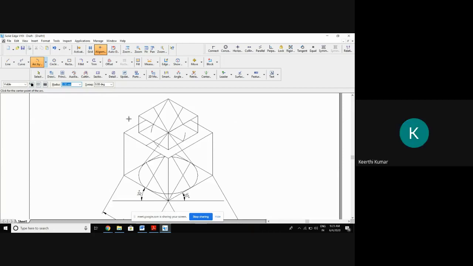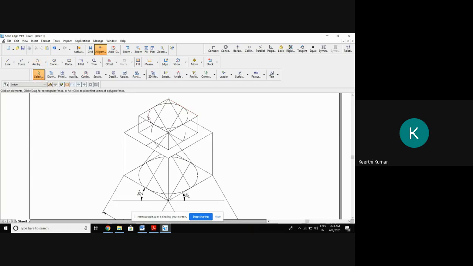Everything should be thin. That also remember. Then from here to here, I'll cut an arc. Same procedure, what we did earlier. You cut an arc till here to here. Similarly, from this point to this point, you cut an arc. Then from this point to this point, cut the arc. This is a center, this is a radius, cut an arc. Finish that and please let me know.